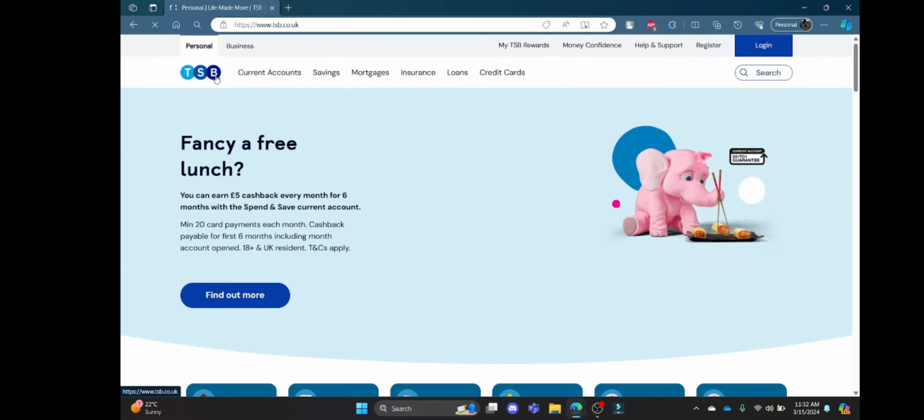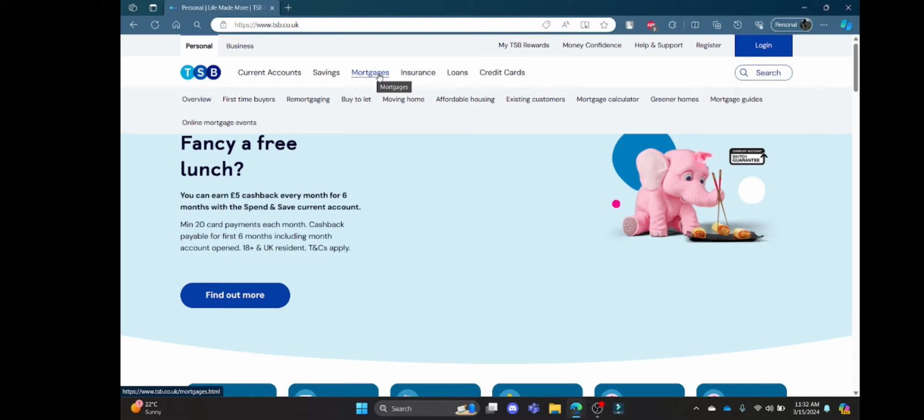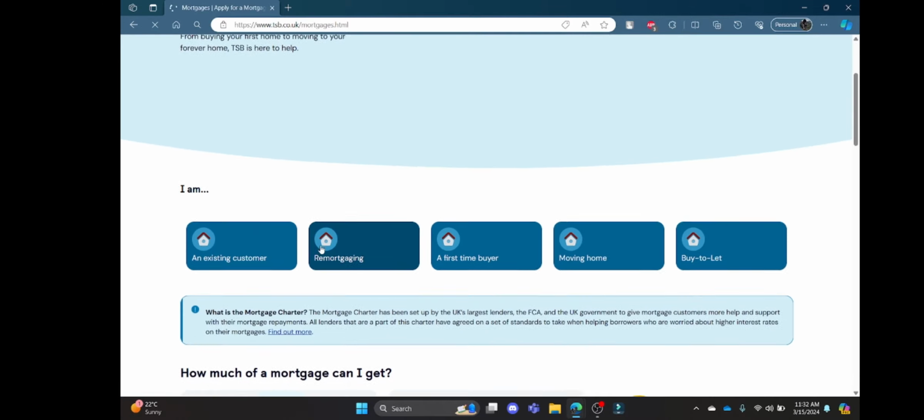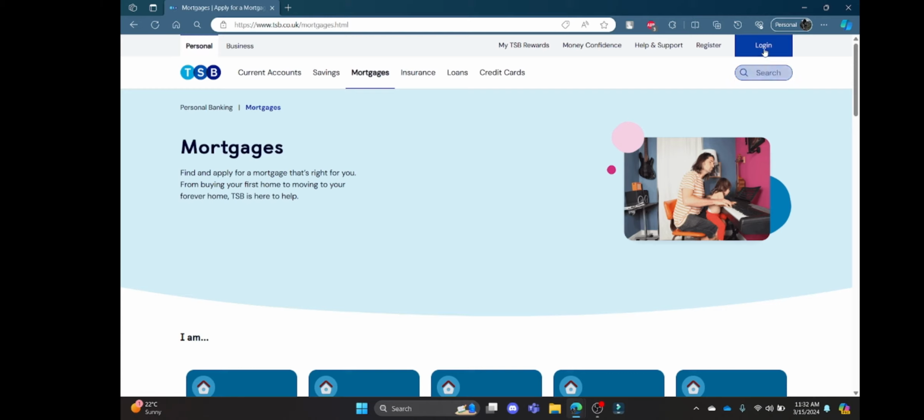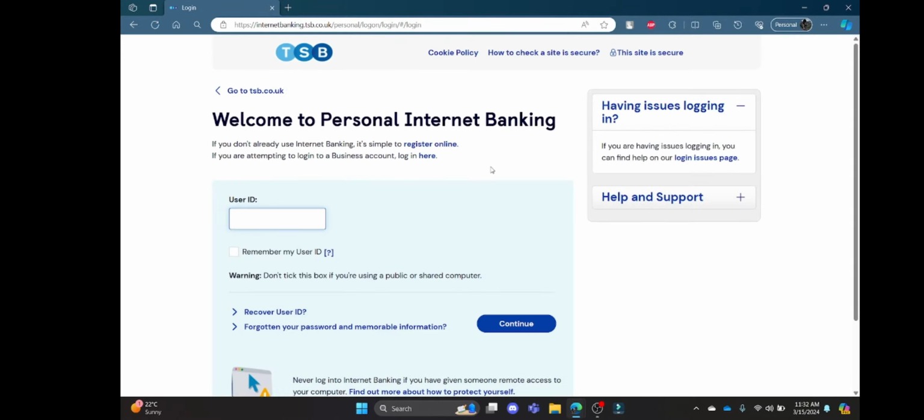Now, what you need to do is go ahead and click login, which is on the top right hand corner. Or if you want to go to mortgage, click mortgage and you can see the mortgage options. You can view this and explore, and to login, click login, which is on the top right hand corner. It will take you to a login portal where you can see that there is an option of signing in